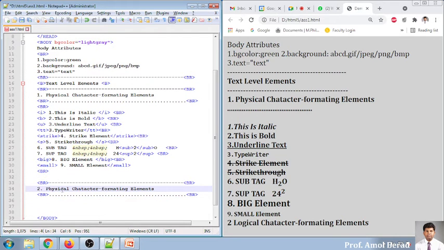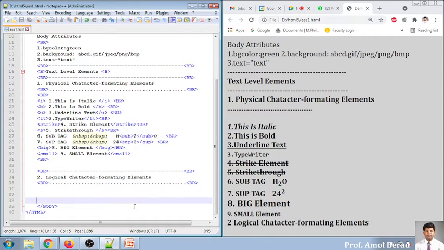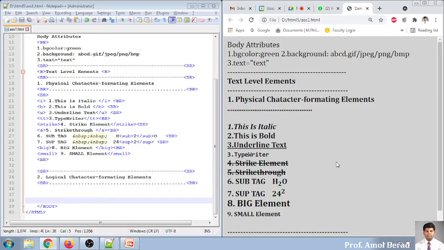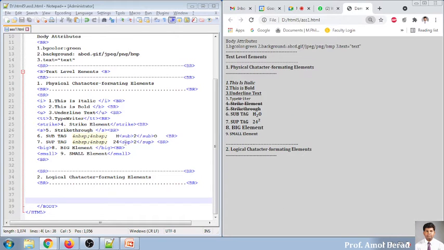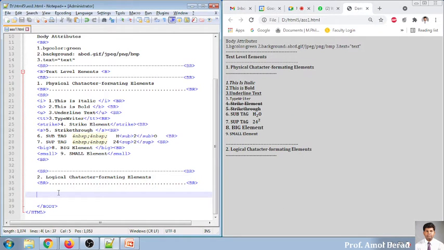This is the second one, and it is nothing but logical character format elements. In logical format elements, we need to go into detail about some of the logical changes that will be carried out here. So the first one is the EM tag.